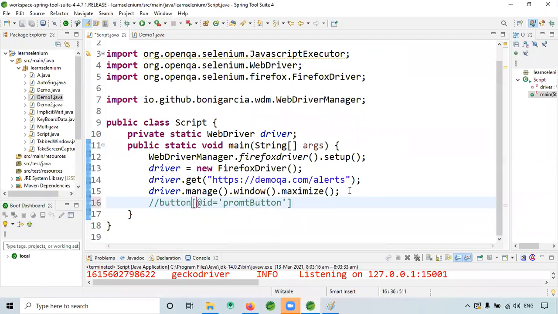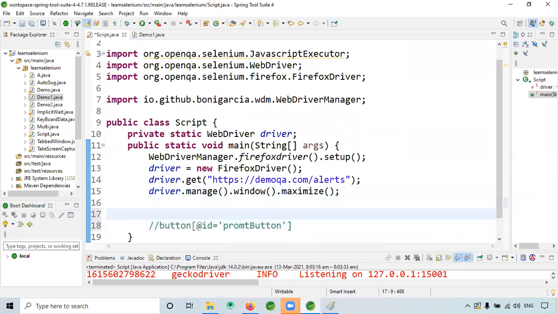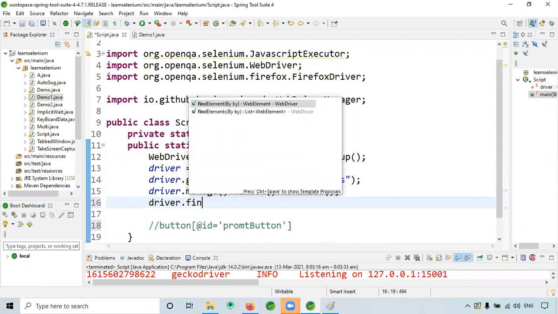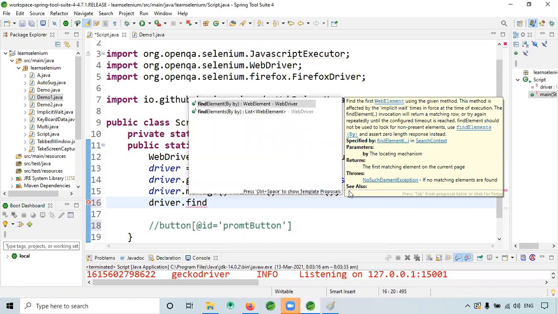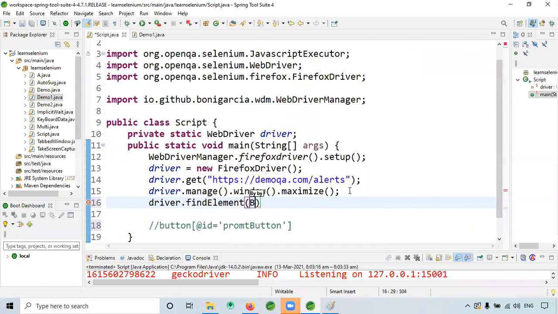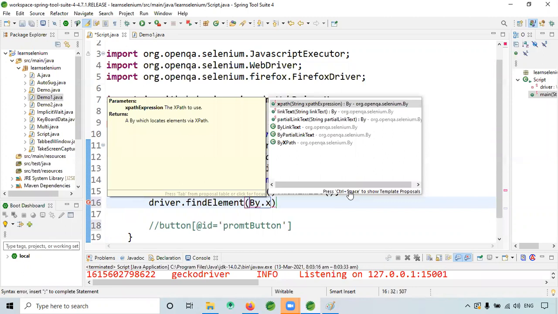Here we have to use driver.findElement by XPath.